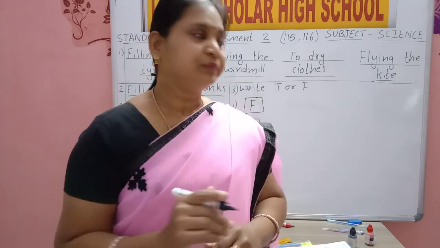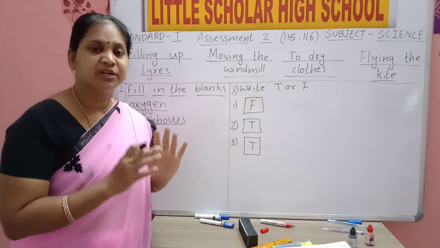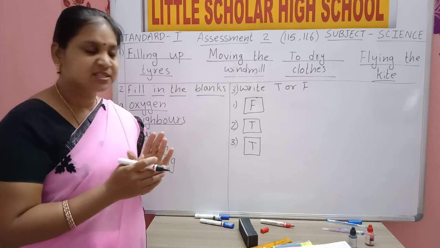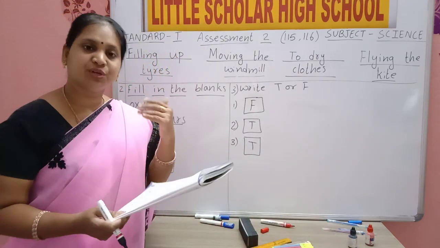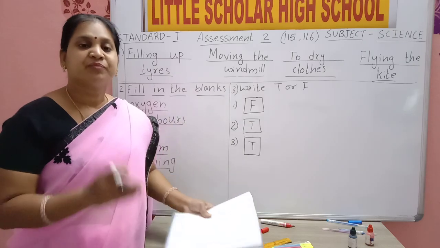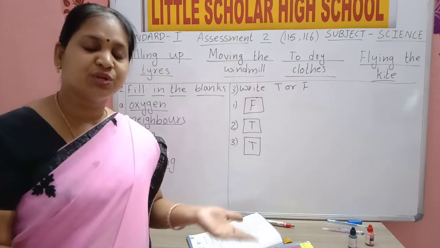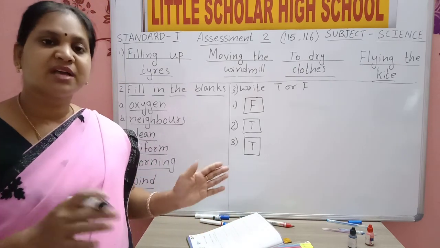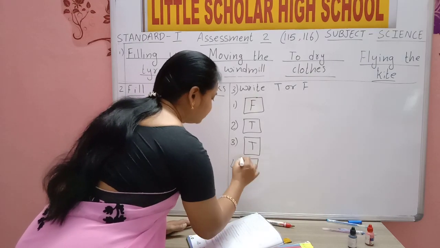So in all the rooms, do we do the same work? No. Different rooms. In washroom, we take bath, we brush teeth. So here they told each room in a house has its own use. Bedroom, we sleep. Kitchen, we cook. So each room has its own use. True. This is also true. Fourth one, right? True.